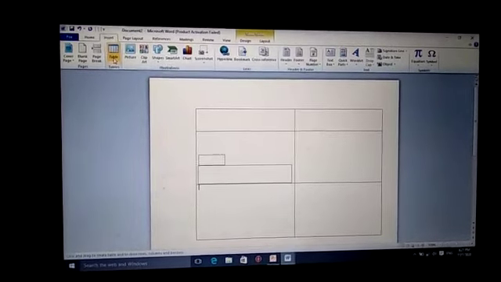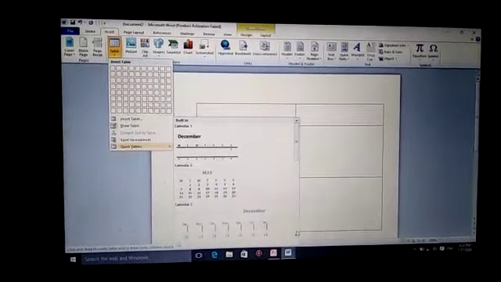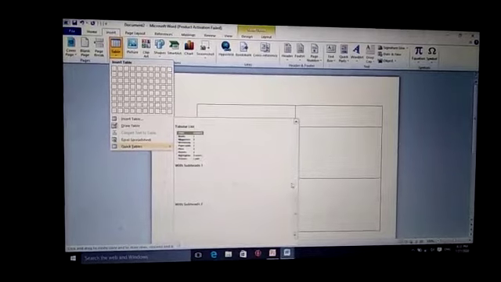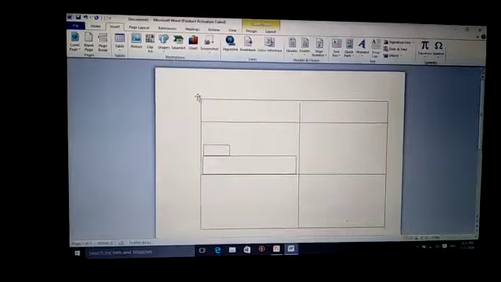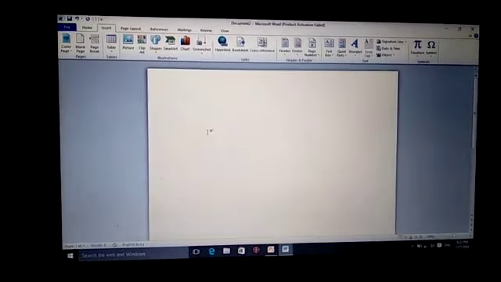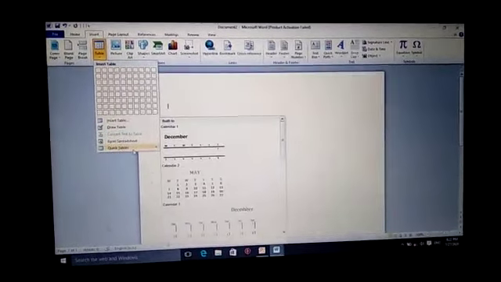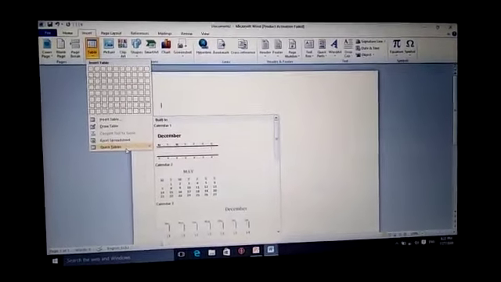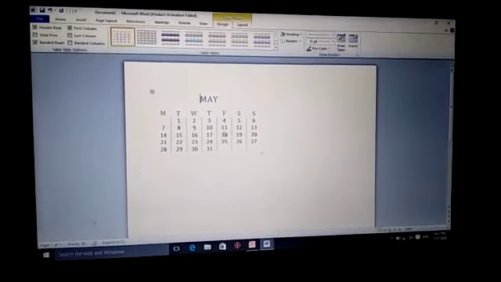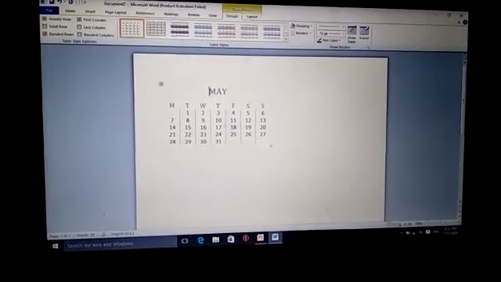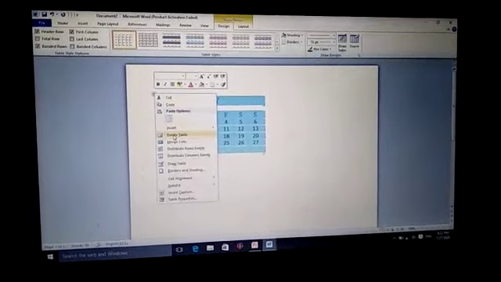Next is table. Next is quick table. So here you can see lots of predefined tables are there, and we have to choose one of them. Suppose I am choosing one of them. Before that, let me delete this one. Okay, delete table. So now I can use the quick table. So here you can see the quick table options are there. Now we have to choose one. Suppose let me choose this one. If I click on that, by default a table is inserted in our document. So next is to delete this table.